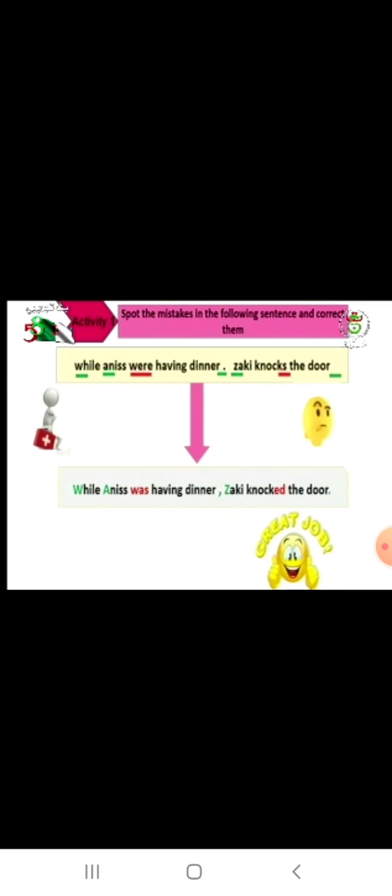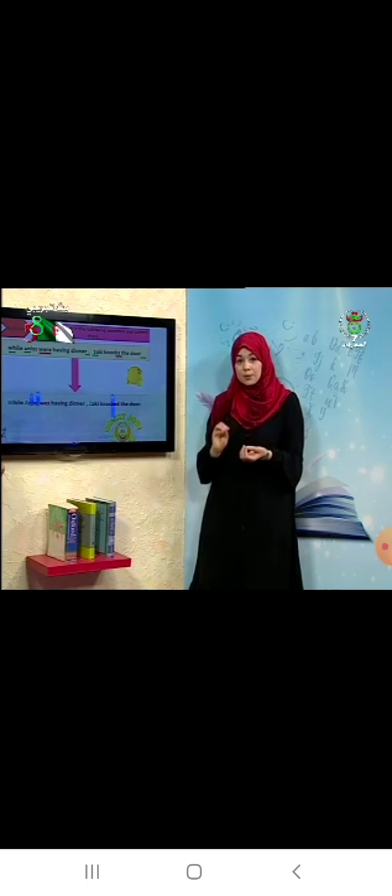We move to the next clause. Zaki. Zaki is a proper noun too. We need to capitalize it. The Z here is capitalized. Knocked. We've got here the first clause is in the continuous form. It is a progressive action. So the next action is an interrupting action. We need to put it in the past simple. So here the past form of the verb to knock is knocked. The door, and